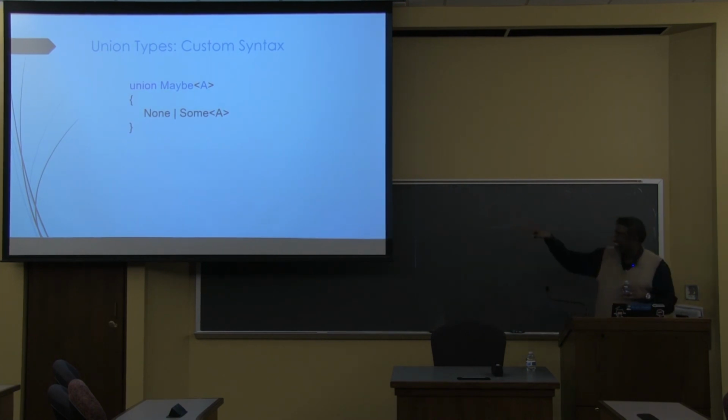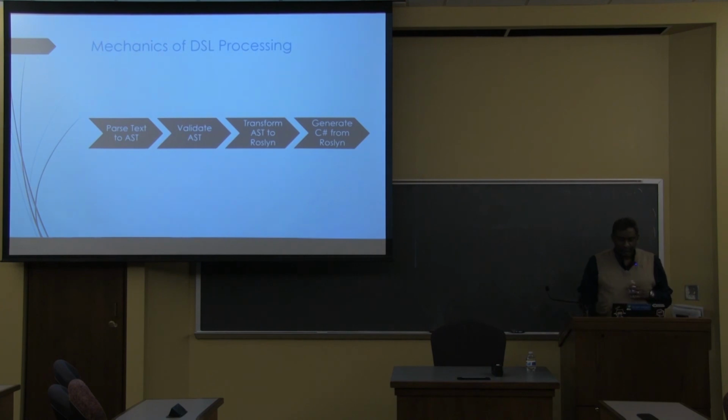So the trick is to take something like this and put it in your Visual Studio project and have it just work. You want to be able to reference a Maybe type in the rest of your C# code, and life should just go on. That's really what we want. So there's, thankfully, a way to do that. And this is where the whole FP side of the mentality of you solving the problem comes in. So we created a DSL, a domain-specific language, which is what that was. And then we have a way of processing that in place.